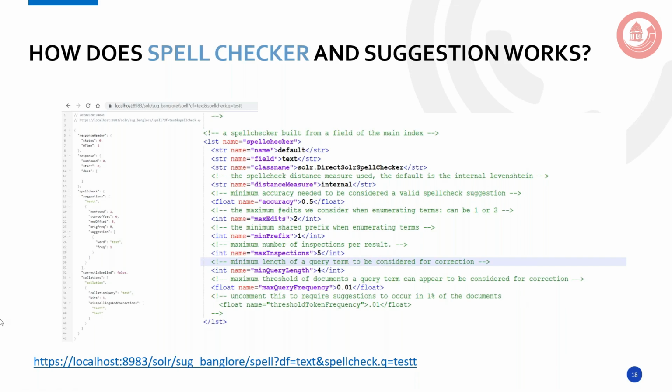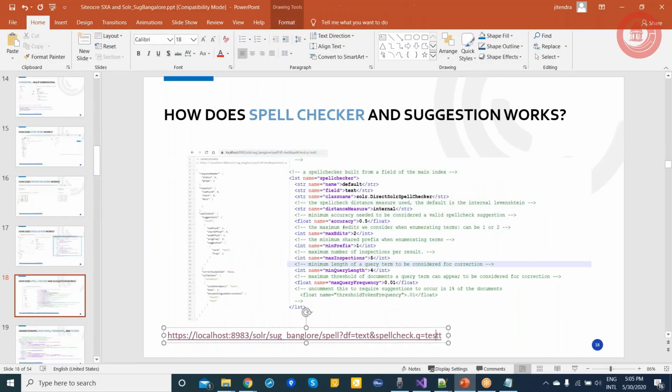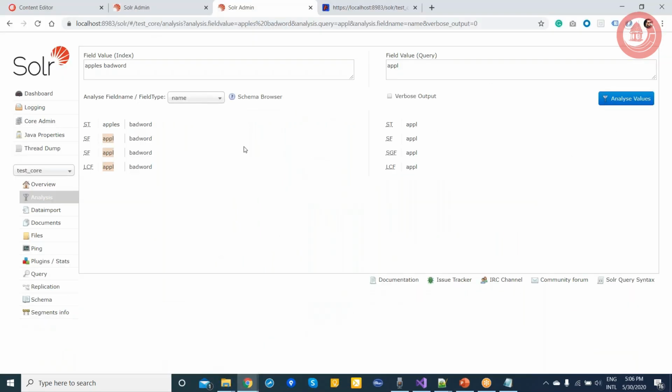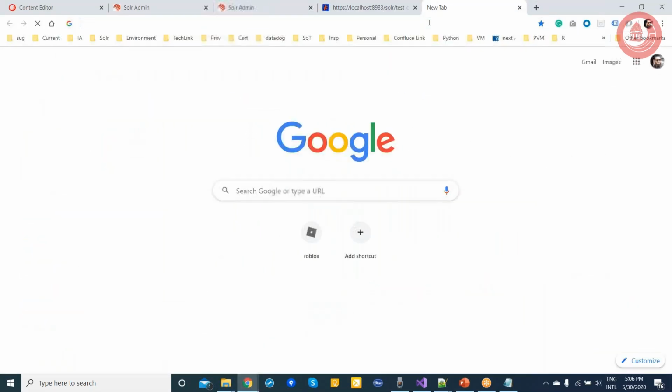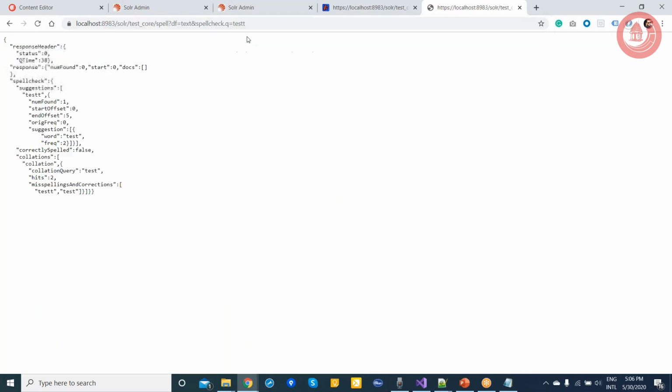So I just use this one. I change this to test code.